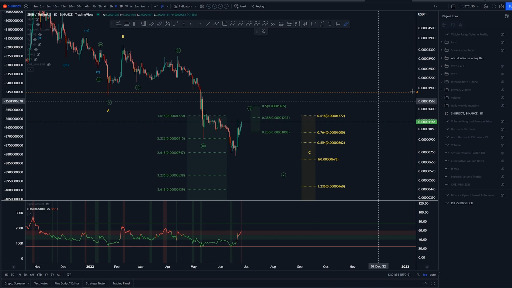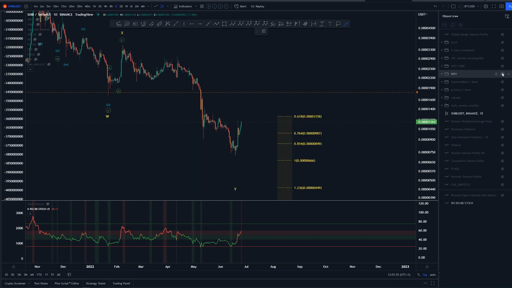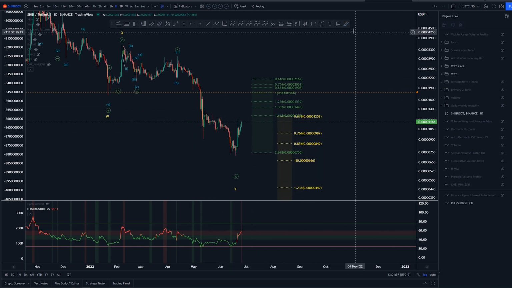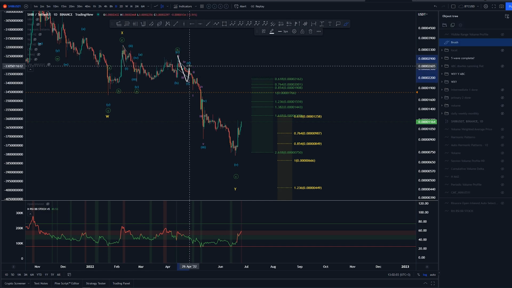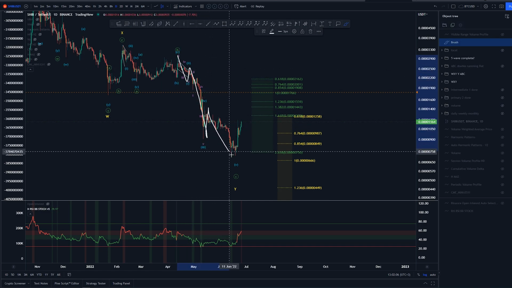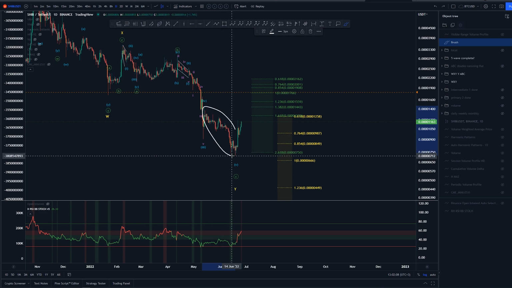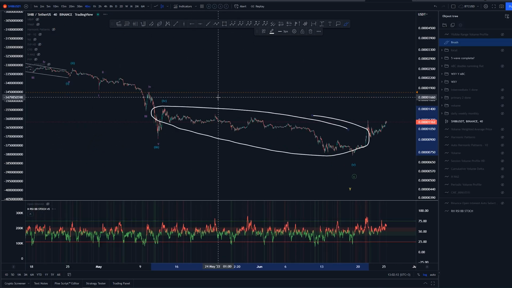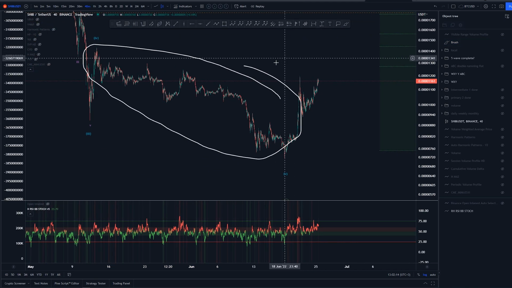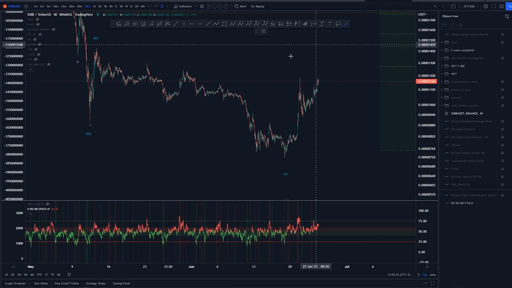If we want to have the WXY count, we could be ending the wave count here with this possibility, saying that we could have this as a 1, 2, 3, 4 and 5. But the issue with this leg here is that it is really complex and it is looking more like a combination of something, as there is so much